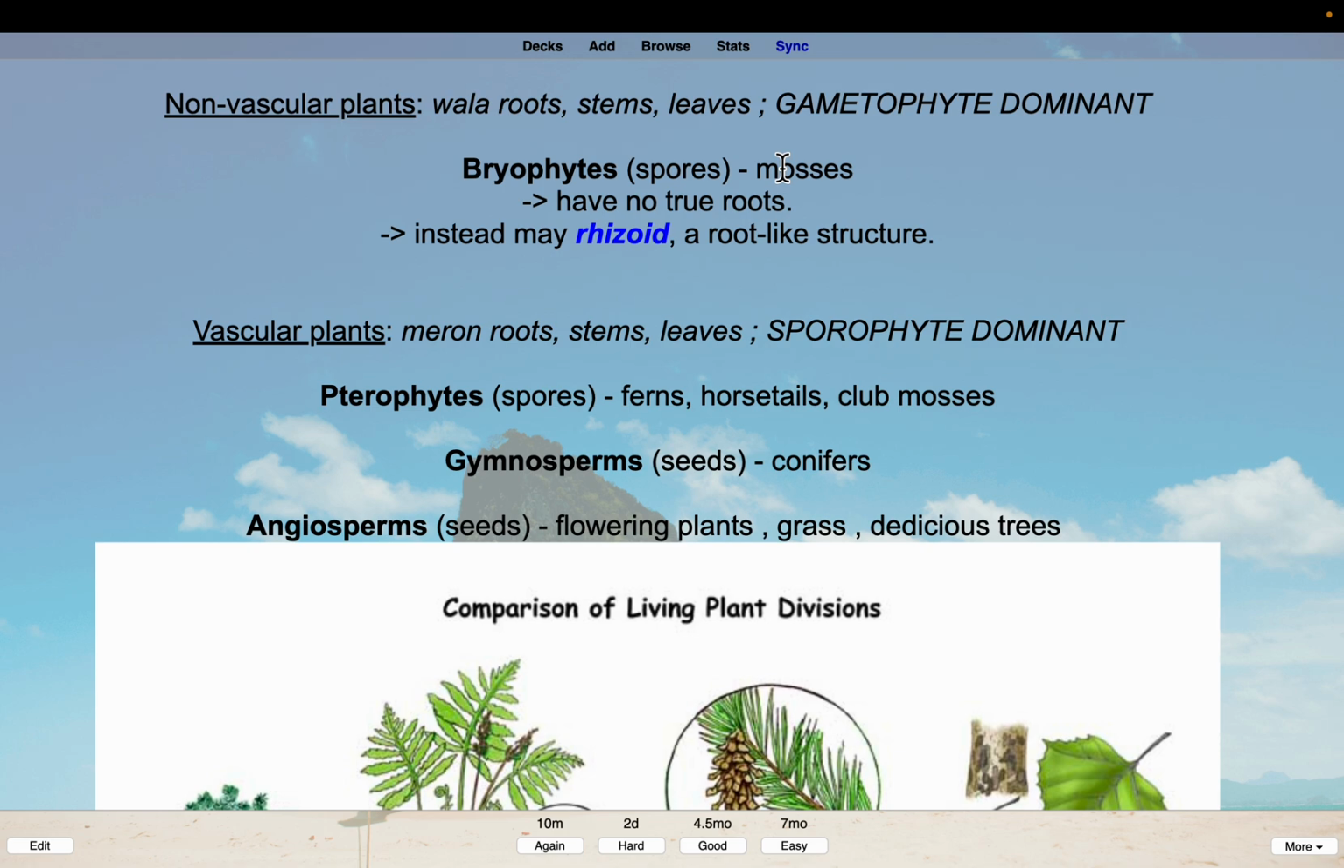On the contrary, vascular plants have roots, stems, and leaves, and the sporophyte is dominant. We have three under this category: pteridophytes, gymnosperms, and angiosperms. Pteridophytes have spores instead of seeds. Under this category, we have ferns, horsetails, club mosses. Gymnosperms and angiosperms have seeds, which are involved in the continuation of their species. Gymnosperms, conifers,